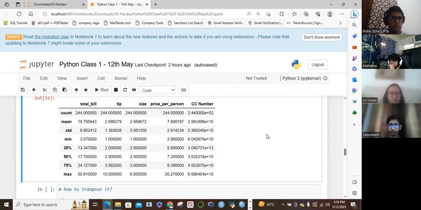Median is nothing but Q2, right? So can we say that my mean, which is 19.78, is equal to my median, or approximately equal to the median? The answer is no. They are not equal. Now, how to make conclusions here? If you have a notebook with you, you can write: if mean is approximately equal to median, then